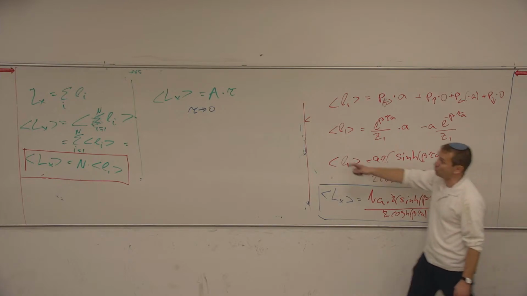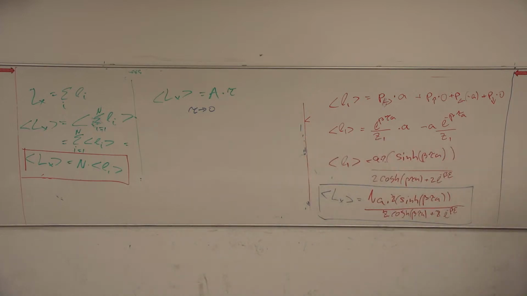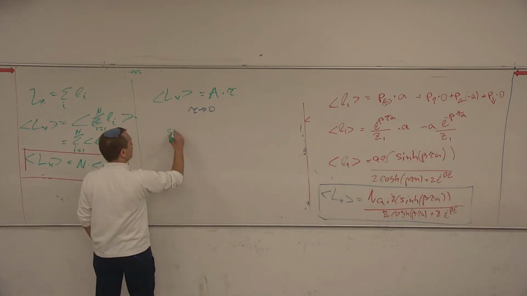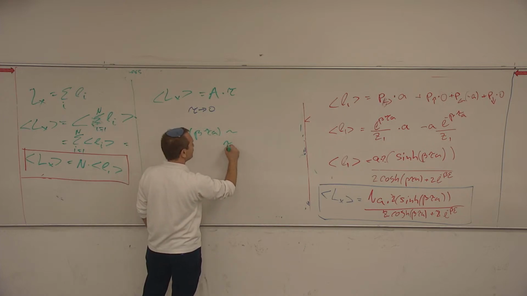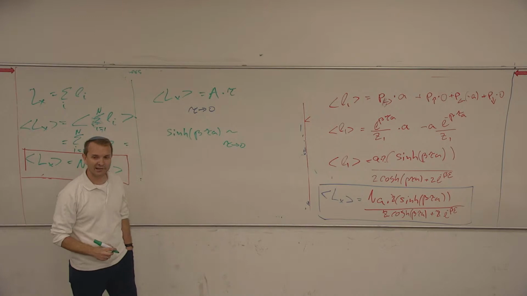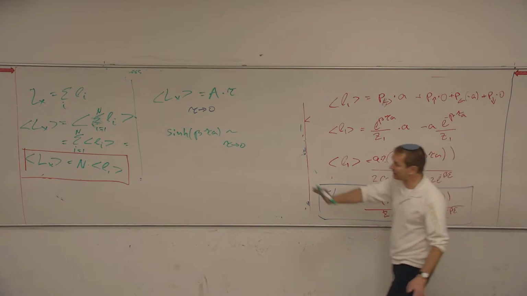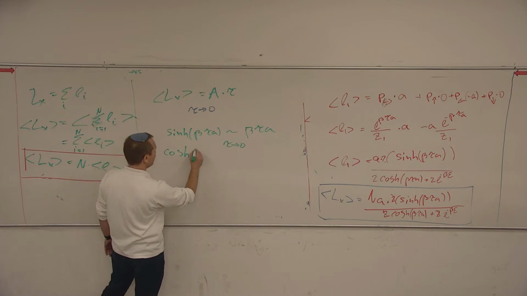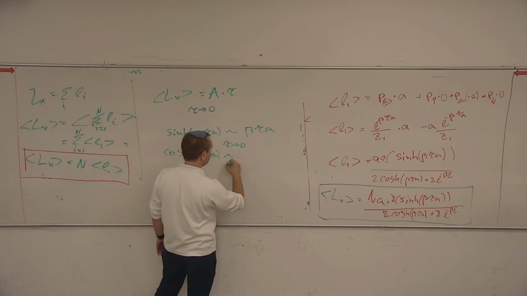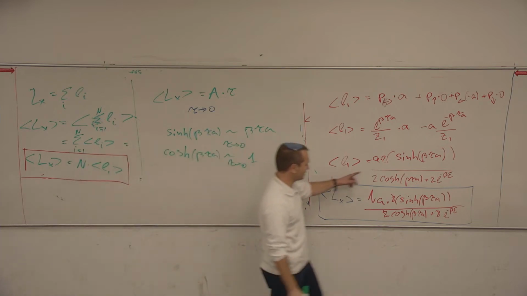But if I take the small extension, I'm going to obtain something else. So what do I do? I do the following. What is hyperbolic sine of beta tau A in the limit of tau goes to 0? Zero? No, 0 is bad. If it's 0, then everything is 0. So I cannot take the 0. Maybe beta tau A. Great. What is cosine? 1, when tau goes to 0. So all of this is 1.